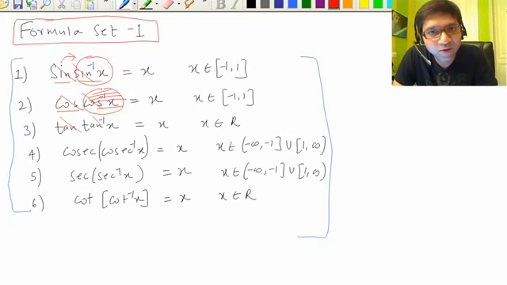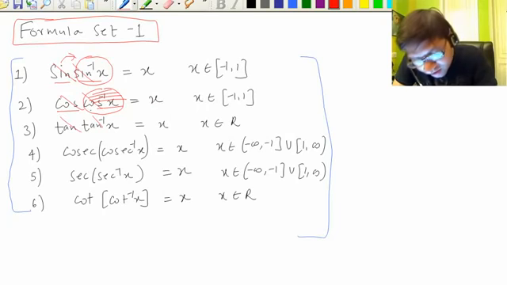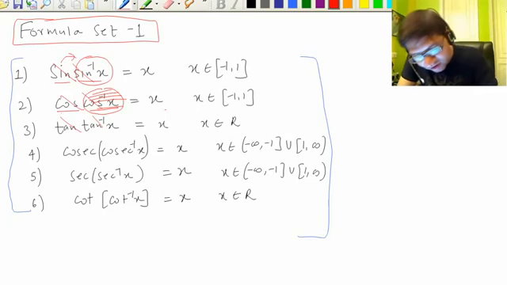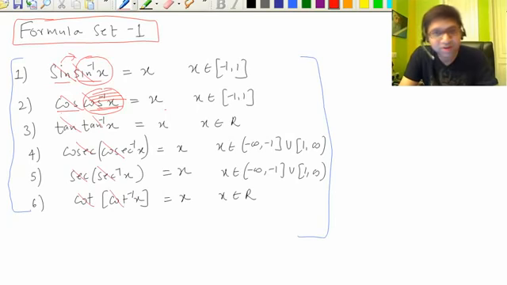So as such, no need to go into derivation. By definition, cos inverse x is an angle. If you take cos of it, you get x. But when we learn, we can simply say we cancel cos with cos inverse, sec with sec inverse, cot with cot inverse, cosec with cosec inverse, and we get x in all these cases. Now the most important thing here is that we have to take care of the domains, right?